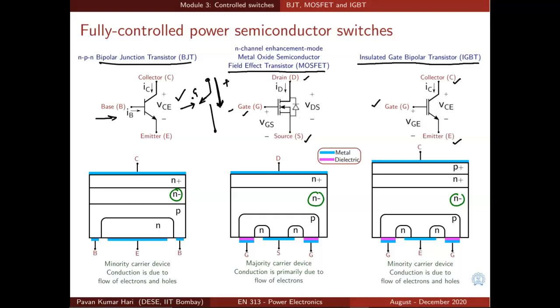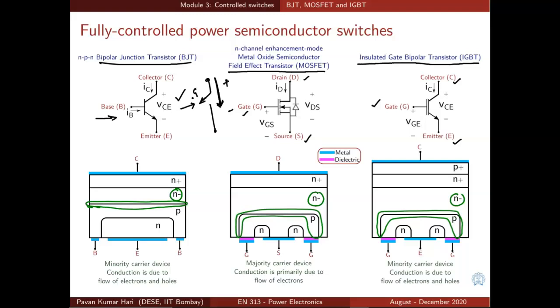For example, the voltage is blocked by this PN junction in BJT primarily, and this PN junction in MOSFET, again this PN- junction, in IGBT. And there is another difference among these structures. The control terminal